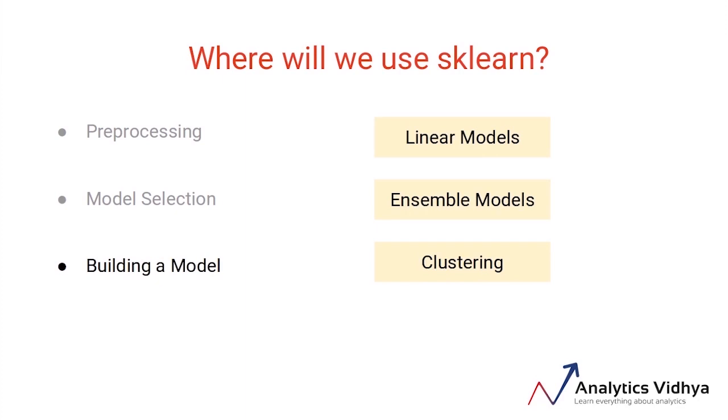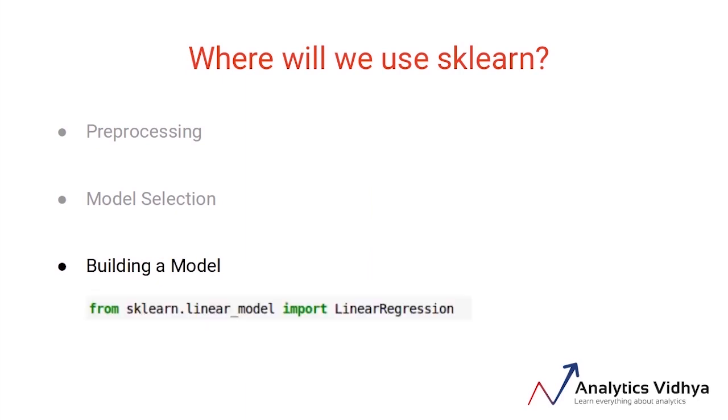Furthermore, sklearn is commonly used for model building, and sklearn has modules for linear models, ensemble models, clustering, and so on. Now, for implementing any of these algorithms, all we have to do is use the module name, which is linear models in this case. Similarly, if you want to work with KNN, you'll use the module neighbors. So we'll write sklearn dot module name, whichever is our module, ensemble or linear or neighbors, and import the required class. In this case, I've shown the example with linear regression.